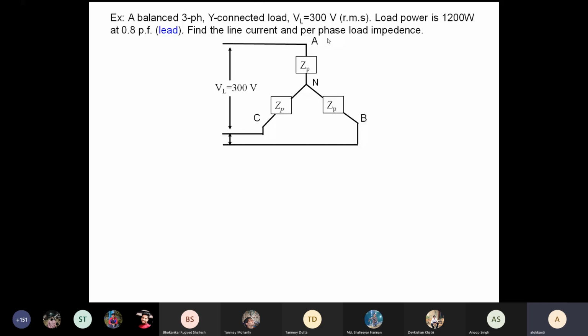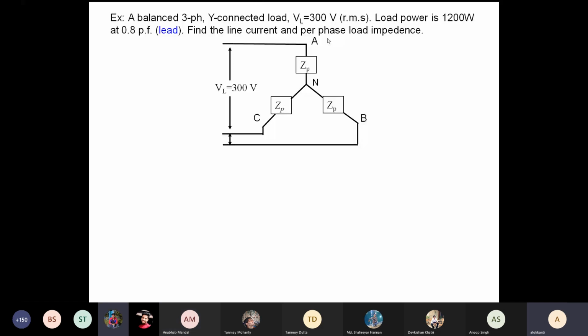The load power is 1200 watts. That means all the three impedances together consume 1200 watts. So what do they individually consume? 400 watts each. So mind the language, the load power. Since the load is a three-phase load, it is a three-phase load power. And since we are only doing balanced conditions, so the total